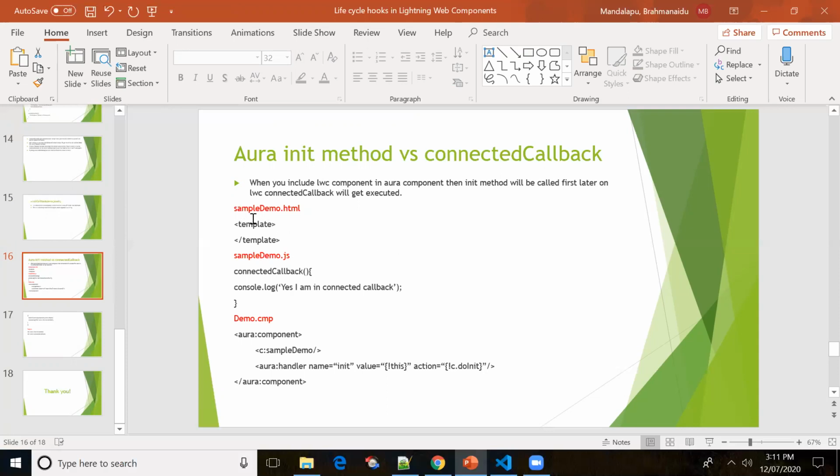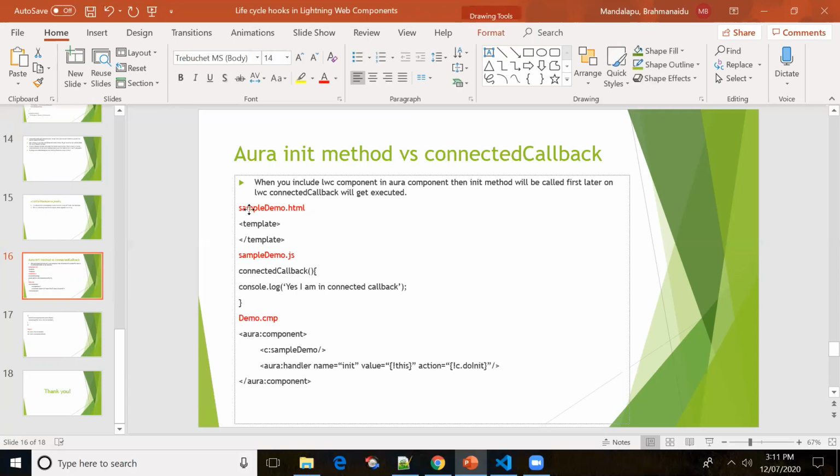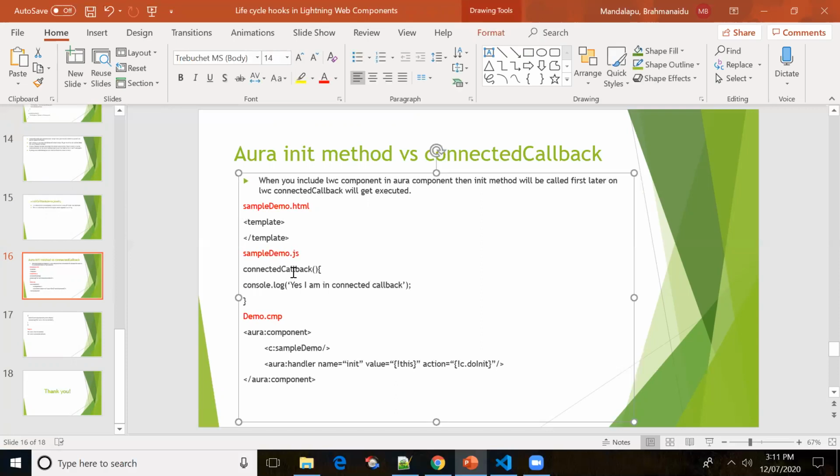So let me explain this code. This is the HTML file, and I have written a callback. I'm just trying to print a simple message: yes, I'm in connected callback. I have created one component, and the name of the component is demo. In this component, I have included the LWC component.